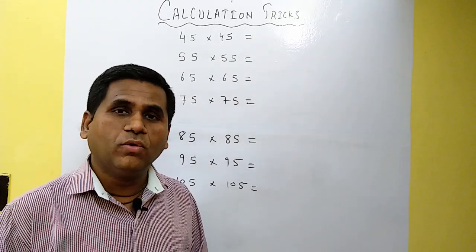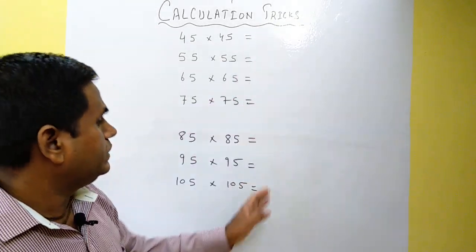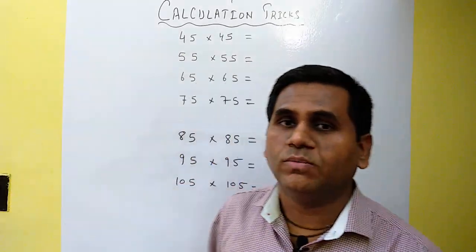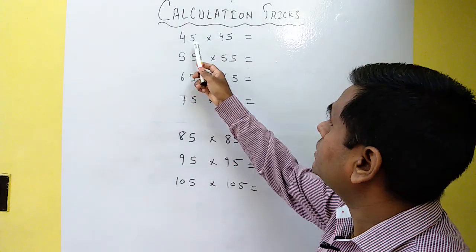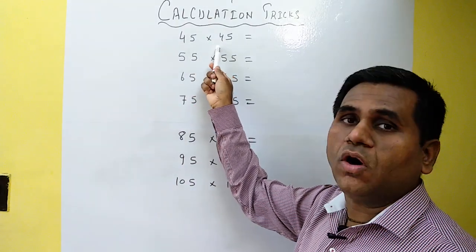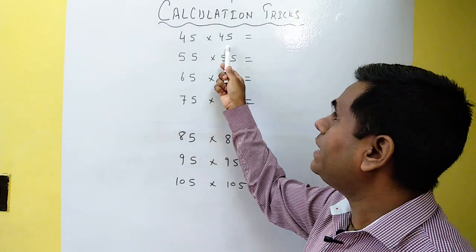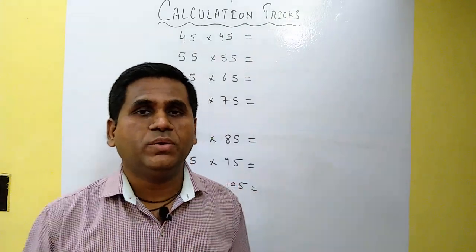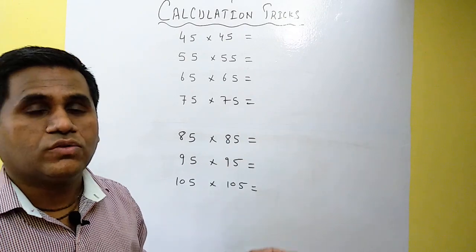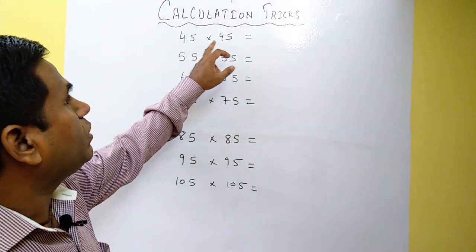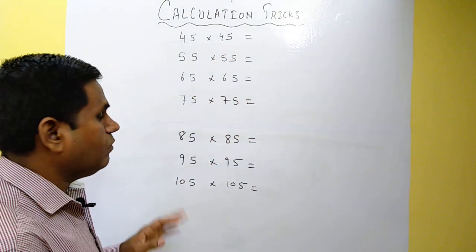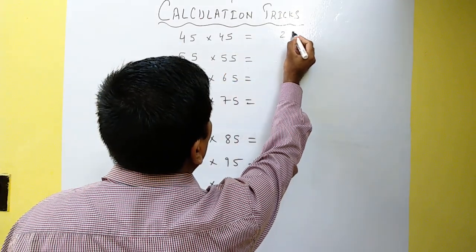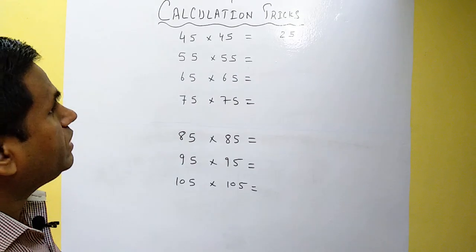So using our fourth trick, friends, we are going to solve these multiplications. So what are these multiplications? If you actually observe, these are the squares of numbers ending at 5. Okay, so very quickly using this trick we will be able to calculate these answers. So how to do the square of a number ending with 5? What you have to do is just write 5 5s are 25 at the end. Okay, 5 5s are 25.